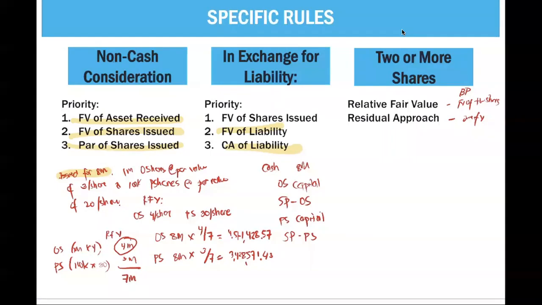4,571,428.57. Remember, the capital should always be recorded at par. So let's say our par based on our example is 3 per share. So 1 million times 3 per share, so this is 3 million. So for share premium OS, whatever is the remainder, so we have here 4 million point 57, less the 3 million par value. The share premium OS therefore is